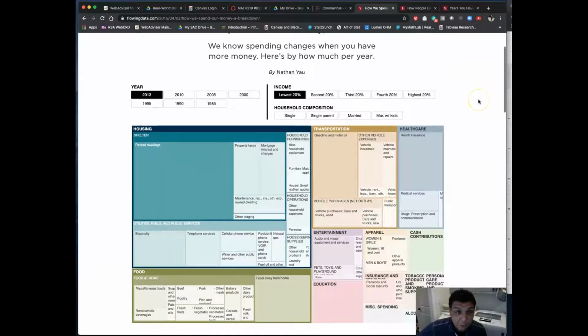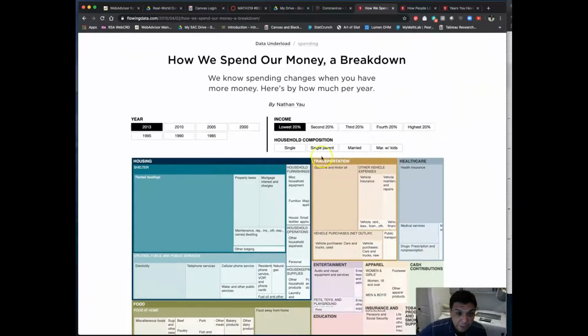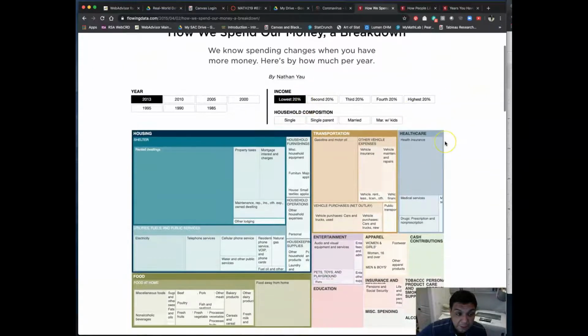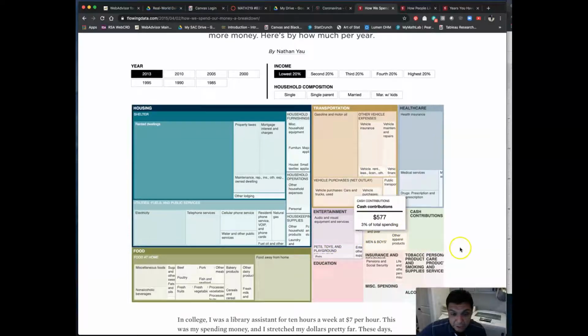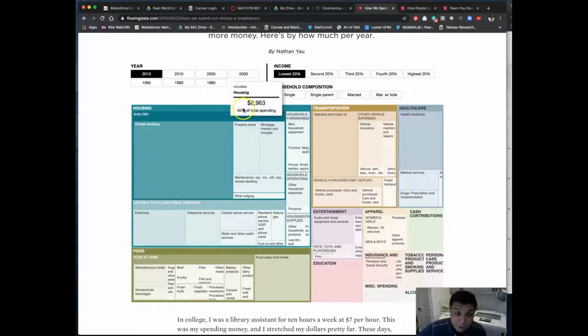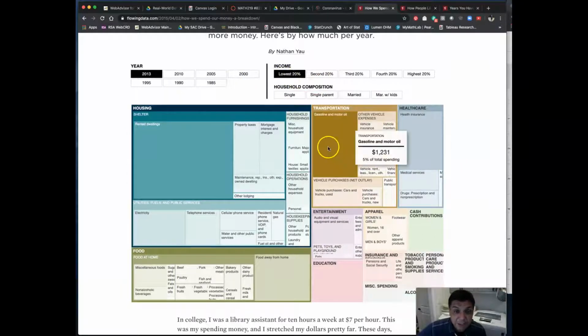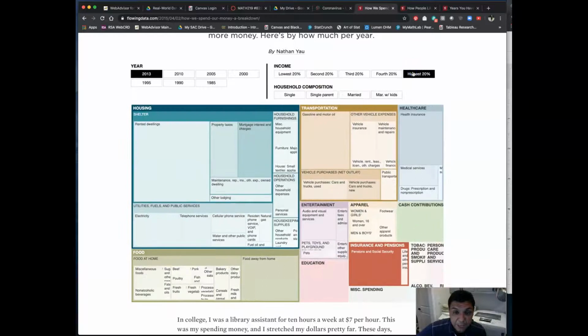I thought this was cool, how we spend our money. It breaks it down by housing, transportation, entertainment, in different sections. This is for the lowest income people, the lowest 20%. Again, we'll talk more about these different categories as we go on. These are called quintiles, groups of fives. And this is from 2013, and they'll have some updated, but you still get a sense of how people, if you go to the highest,